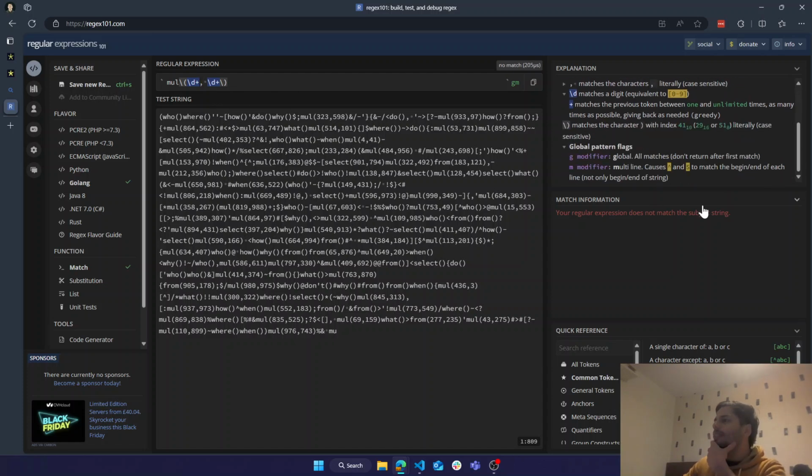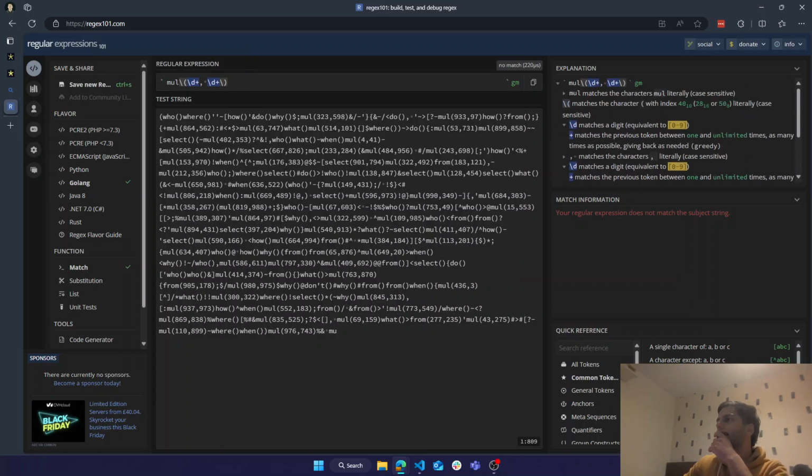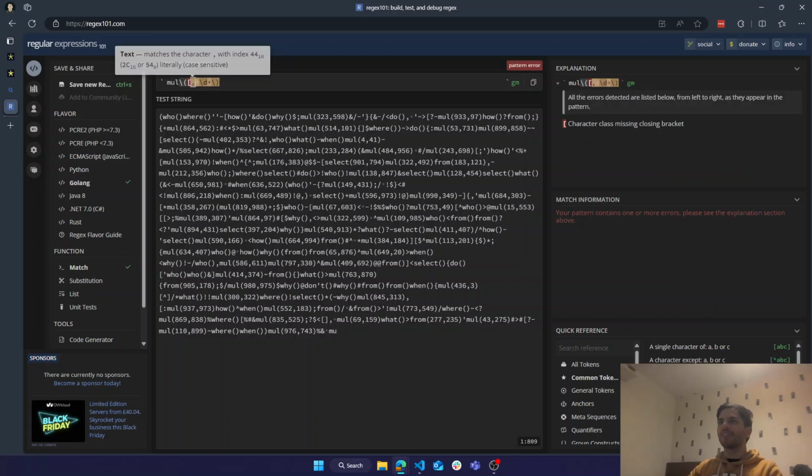Usually it does not match the subject string. What if it starts with square brackets on there? The thing is, I don't really know what each of these functions does, but I know what slash D does.